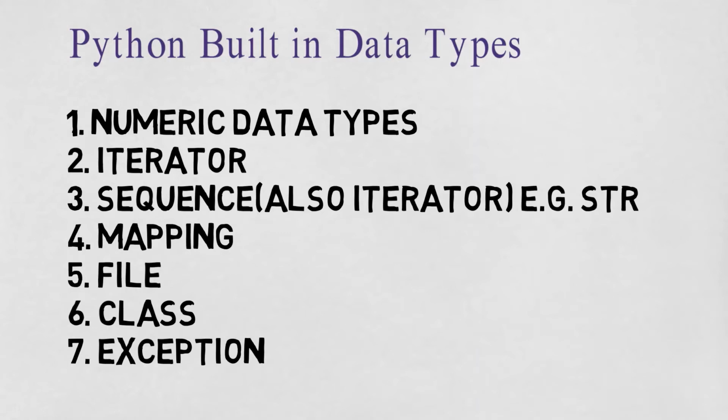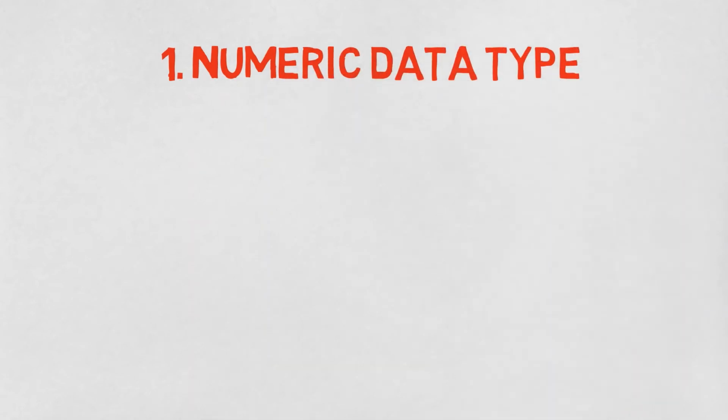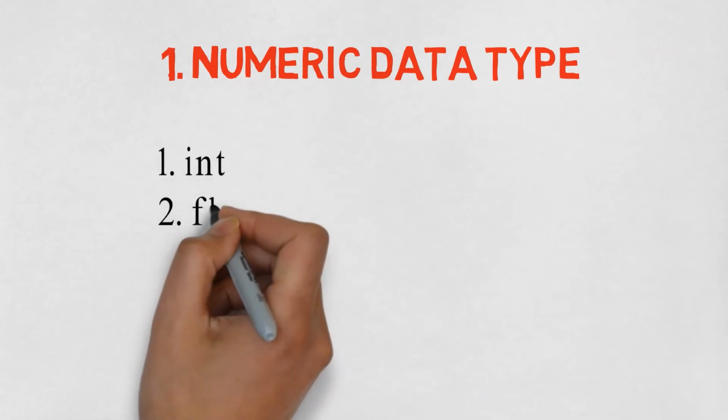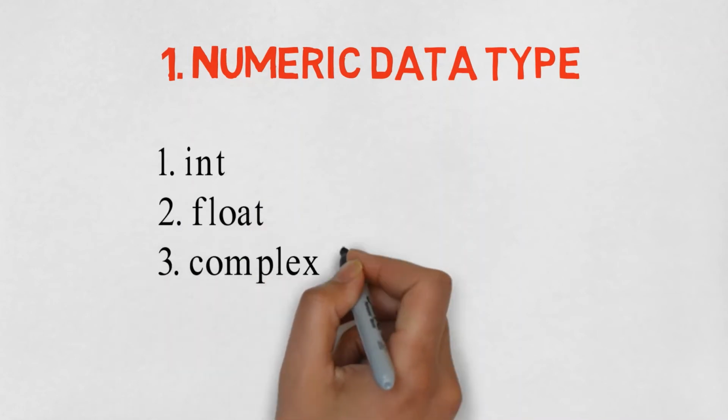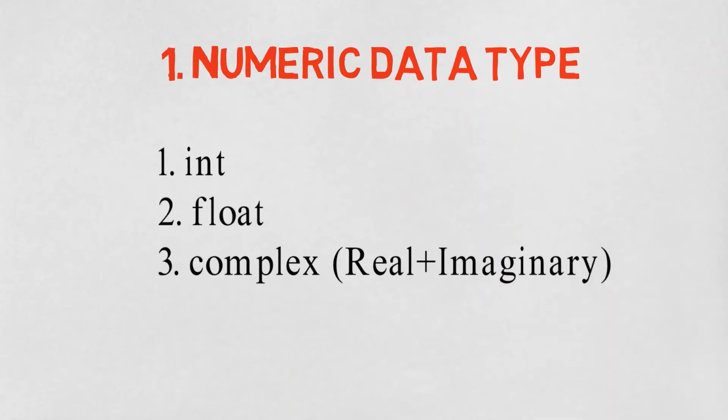We will get back to strings again, but right now we are going to focus on the first data type, which is, as you can see, the numeric data type. Numeric, as you can guess, means numbers. And there are three numeric data types: first int, second float, and third complex, in which real and imaginary parts will come. Right now we are going to focus mainly on the first two numeric data types, which are the int numeric data type and the float numeric data type. The complex data type won't be necessary right now. We will see that later on.